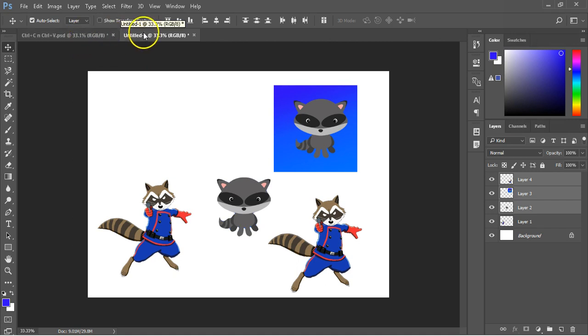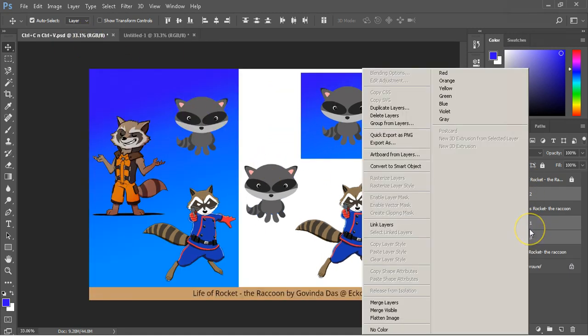There is one easier way to do it in situations where there are so many document tabs open that you cannot find your desired tab to click and drag. In that case, select all the layers you like, right click on any of the layers in the layers panel and find and click duplicate layers.